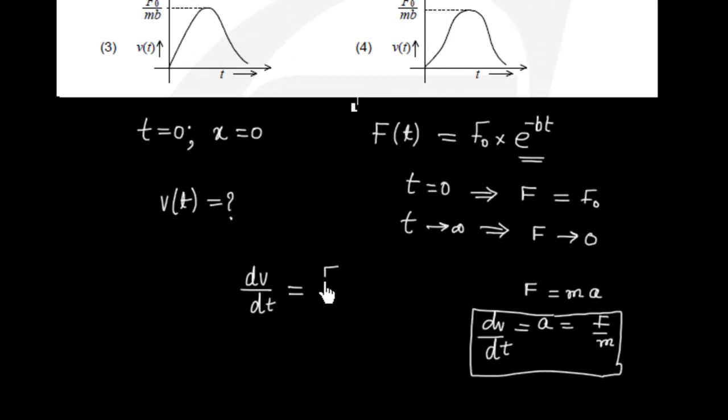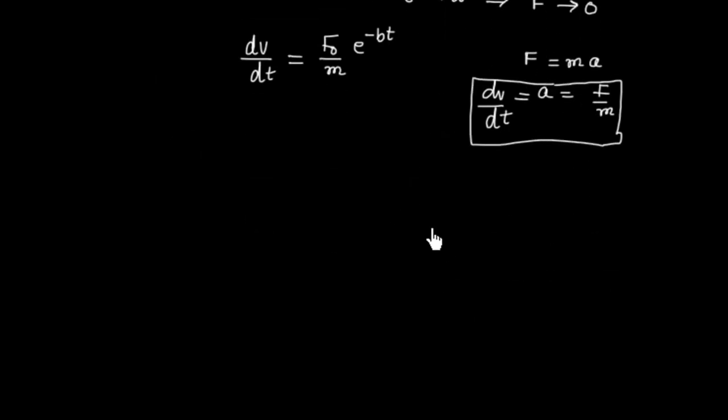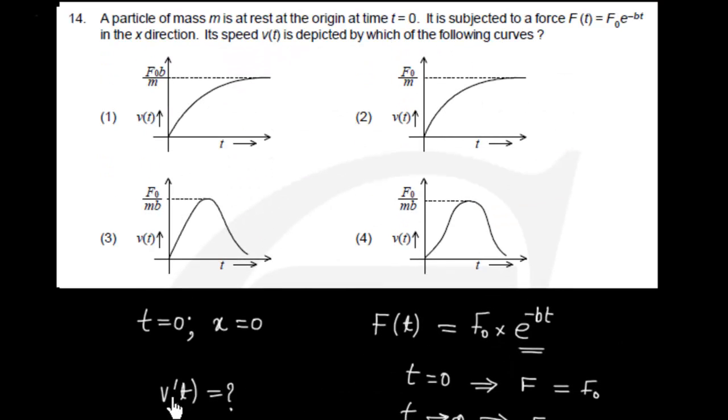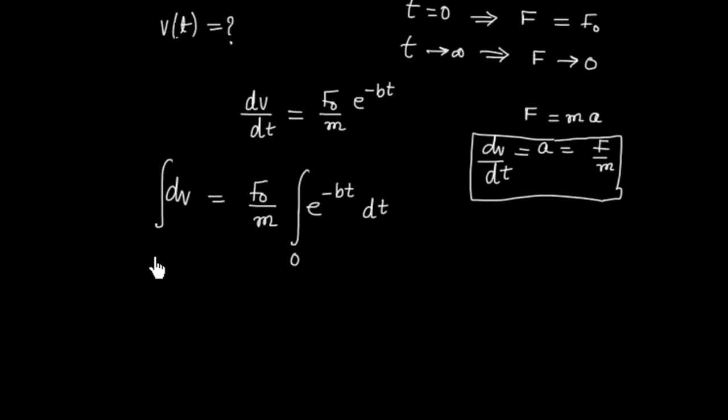F is F naught e to the power minus bt, and this is divided by m. This will give you the acceleration. So from here I can write dv is equal to F naught by m e to the power minus bt into dt. Now we can integrate this to get the velocity at any time. At t equals 0, the mass starts from rest, so velocity is equal to 0. And at t equals t,